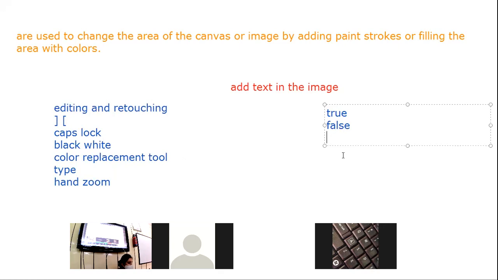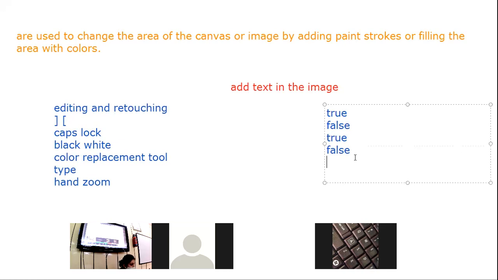A brush can have up to 999 pixels wide. ये हमने brush tool में underline भी किया था. That is true. The value of the brush can go up to 999. By default, the background color is black and the foreground color is white. False. That is opposite because foreground color is black and the background color is white. So that's why this statement is false.